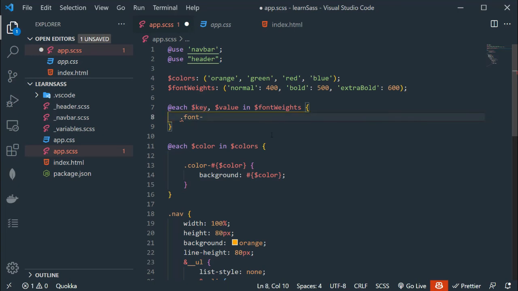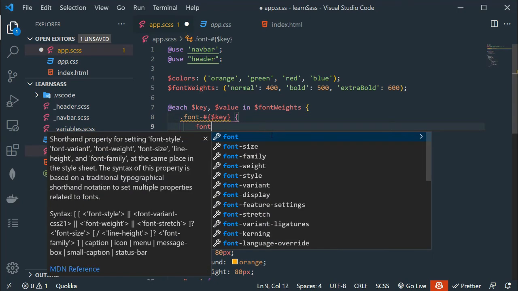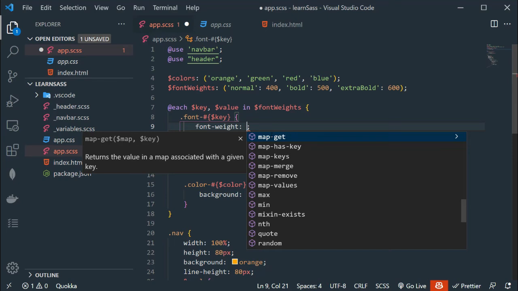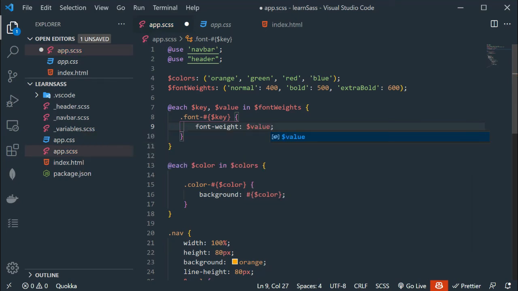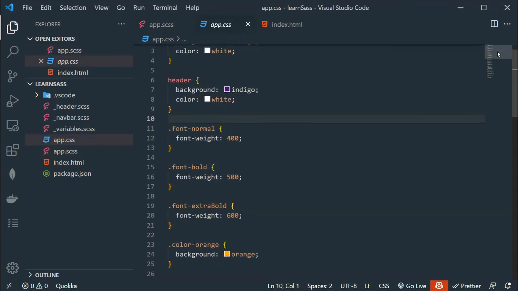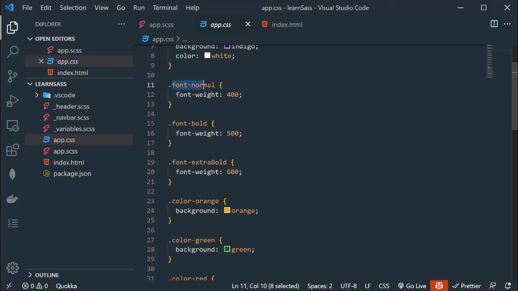Let me add hash curly braces $key, curly braces, font-weight property, and this will have $value. Save the file. Now go to app.css, and we have font-normal, font-bold, font-extra-bold.